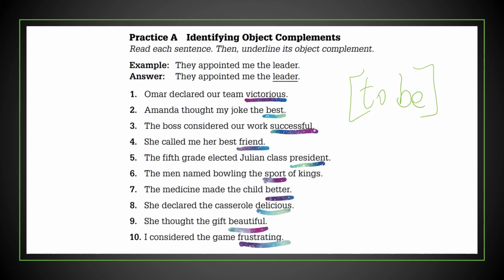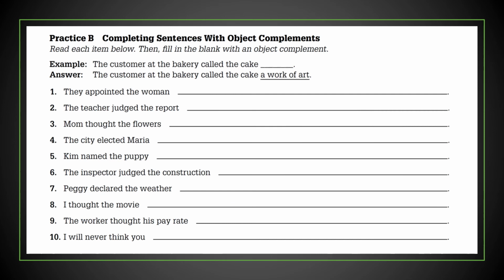Okay, so well done for those who got the object complement correct. Now let's move to practice B. Completing sentences with object complements. We have to read the sentences, then we have to complete or fill in the blank with an object complement of our own choice. For example, the customer at the bakery called the cake